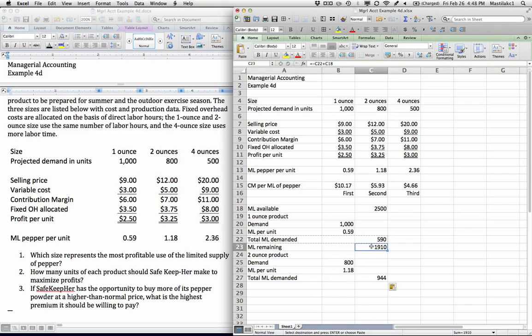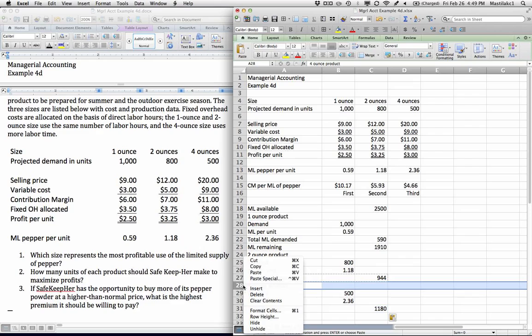Do we have enough pepper available to make all those products? We do. So we can go ahead and make all 800 of the 2-ounce product. And then finally we can go to the 4-ounce product. Demand is 500 units. The milliliters per unit, 2.36 milliliters. So the total milliliters demanded,